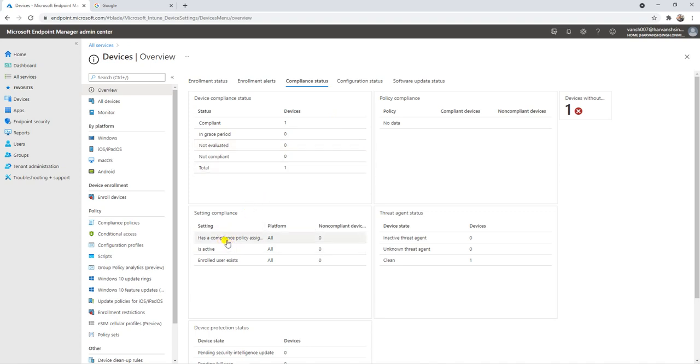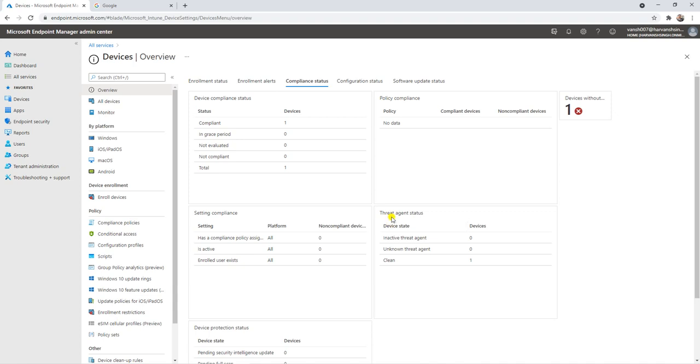Then here is the setting: has a compliance policy assigned, to all platforms is active. This policy is assigned to all, and the third policy is enrolled, exists. So these policies are applied to all. If you are creating any compliance policy, it will show you on which type of platform it is applied.